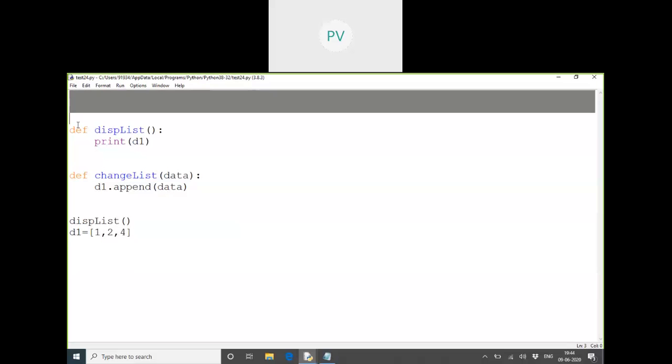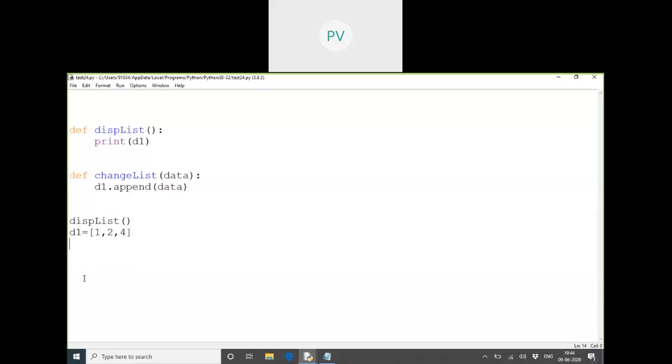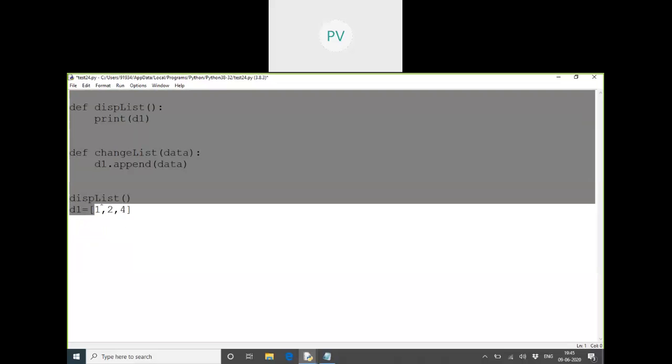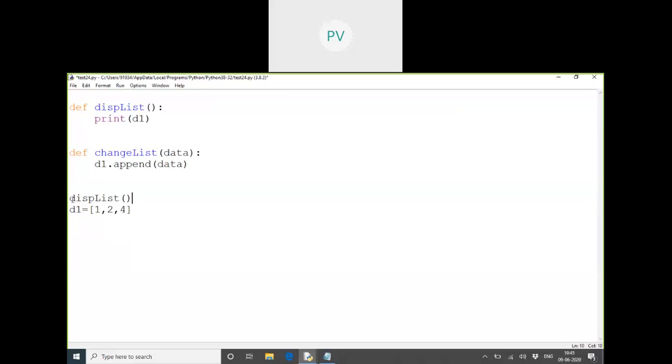So the whole file is loaded and what is executed first? Display list. What is there inside the display list? Print D1. Is that variable loaded right now? It's not yet loaded, because interpretation happens from top to bottom only. What I called is display list, and by that time it did not even load D1.